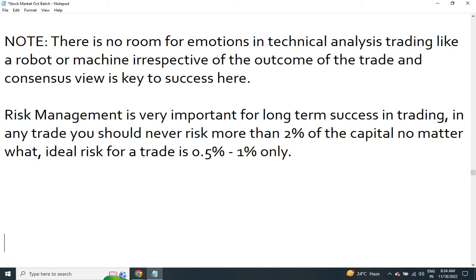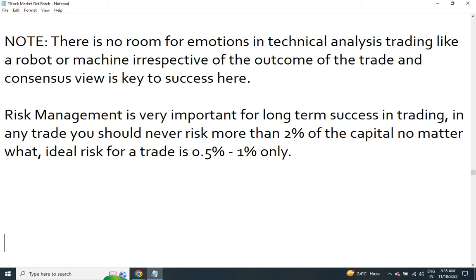Alright, so let's say you are starting with a capital of 1 lakh. You say, sir, I have 1 lakh and I want to be a good trader. First condition: no matter how confident you are about any chart pattern, no matter that you may not have seen that kind of pattern in the last 2-3 years, and you are very confident according to all the data points and the study that you have done that this price is likely to shoot up big, even in such conditions, we are not going to risk more than 2% of the capital. Please do not be greedy.